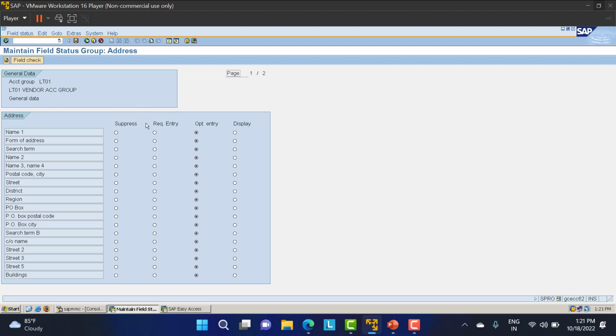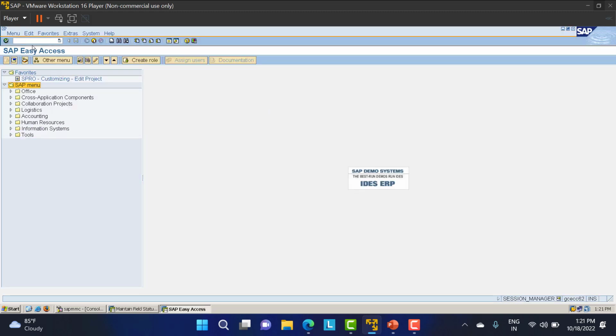Here 4 options are provided to us: suppress, required entry, optional entry, and display. Here the name of the vendor is an optional entry for us. If you click on required entry, then one tick mark will come over there. Okay, I'll just go over to the screen now, that is /n